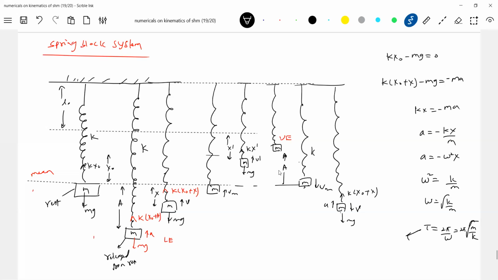So what is this T? T is independent of x naught and A. What is the amplitude given? How much you pull down the block and release, that will not determine the time period. The time period depends on mass and spring constant. That's what he's saying. Okay, this is about the force method. So always you should end up with this equation, acceleration proportional to negative of displacement. This is a standard equation. Compare these two, then in place of omega square you have K by m, then T equals 2 pi by omega, then you'll get the time period. This is about the force method.